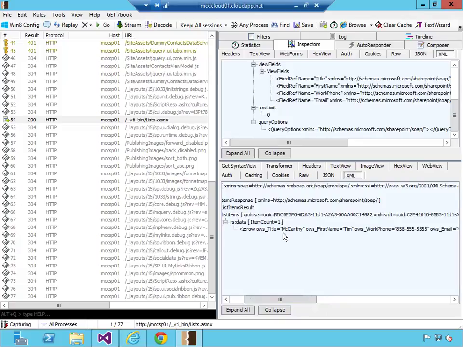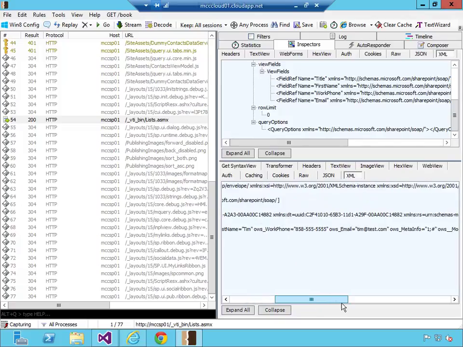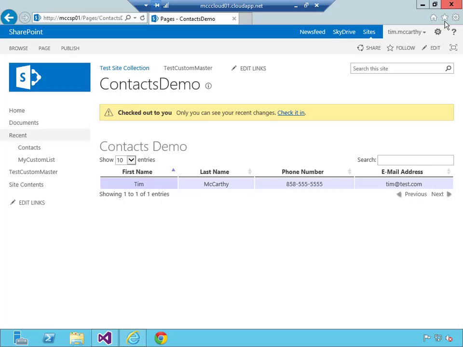Item count 1. There's my last name, first name, phone, email. So that's legitimate. So the next thing would be, now we have this working. That was the main thing. Get this tested, get this working. We could actually stop here if we wanted to, and in fact,